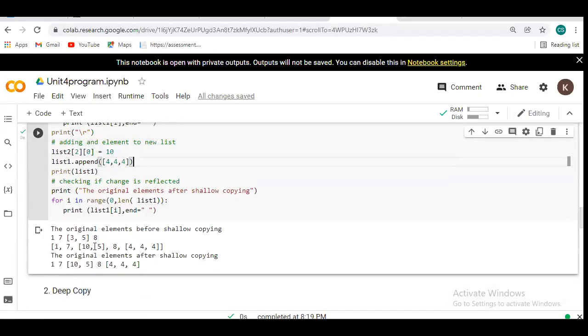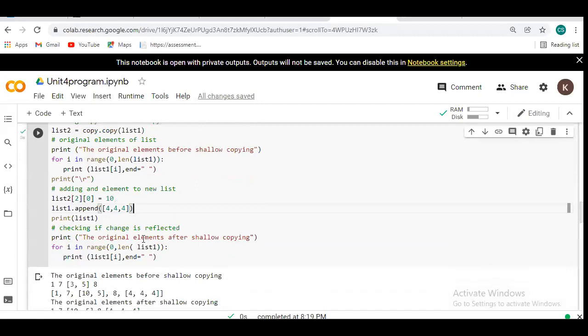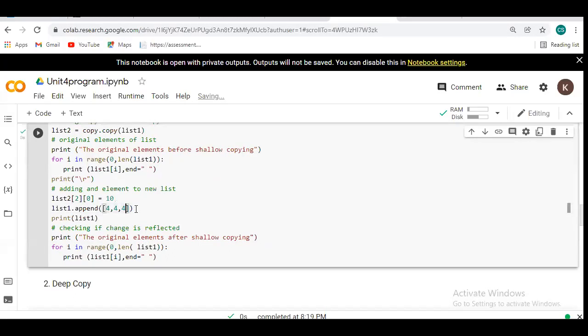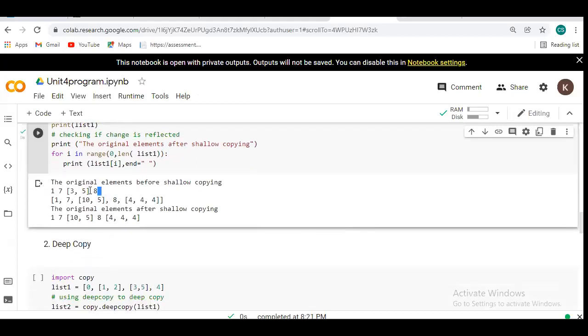Okay, so for adding more elements in the shallow copy operation, we are using the append mode. So in here you have to see, I am just taking list one dot append operation. And after that you have to see the result. At first my list will be 1 7 3 5 and 8.